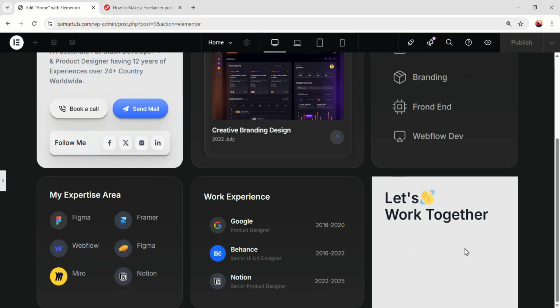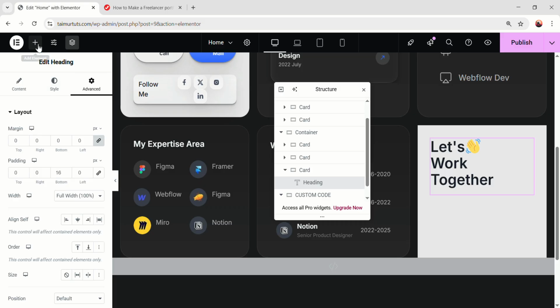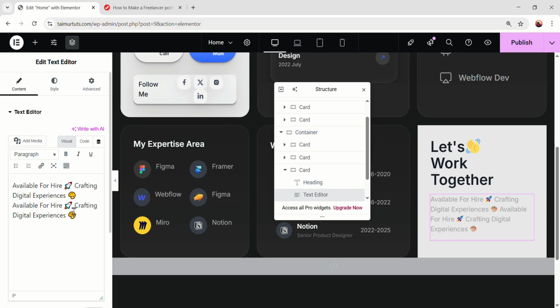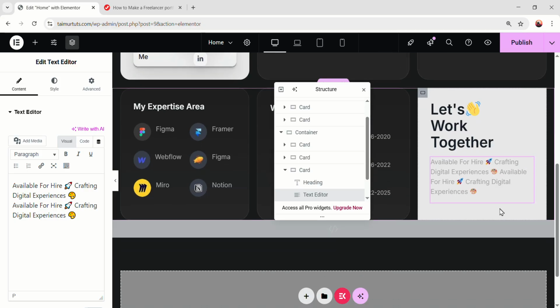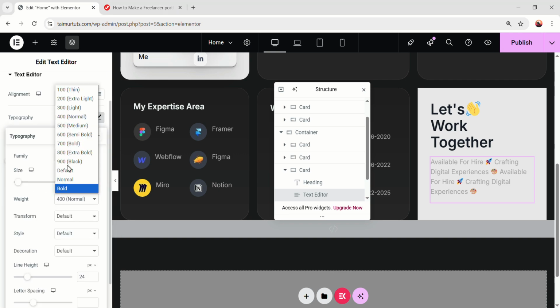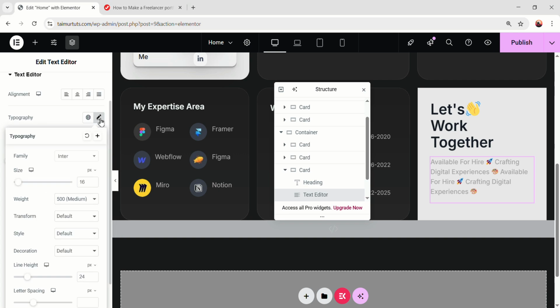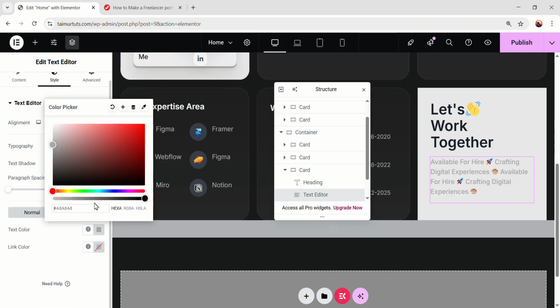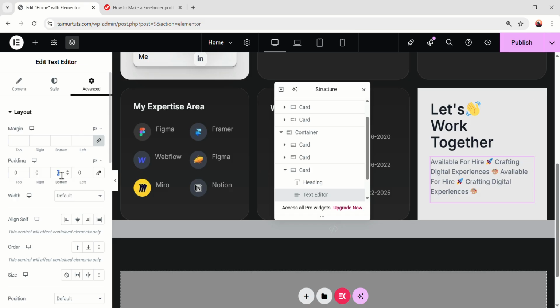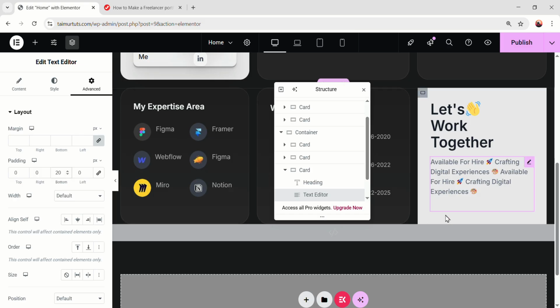Okay, so simply after this, let's add a text editor to add some description. Change the text to this with lots of emojis. Emojis actually look really good. Alright, so let's go to the style, keep the typography text, but open it, make the weight 500. Okay, and just close it. And make the color a bit deeper, so I'm gonna type a new code, 636A7C. Nice color. Now go to the advanced, on the padding just on the bottom 20 pixel,